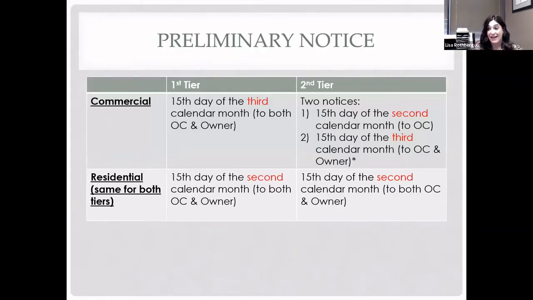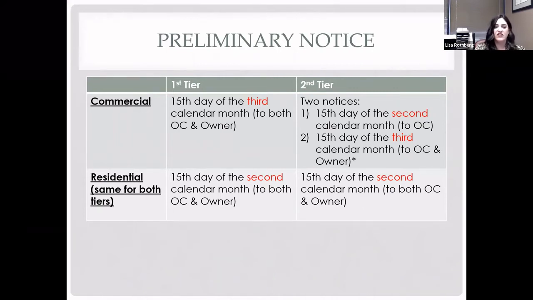This little chart, I made this myself because I feel like it's a lot. I have another chart that I feel is more confusing. This one I feel like helps me. It's very simple. So basically you see on the top column, it's first tier and it says for commercial,